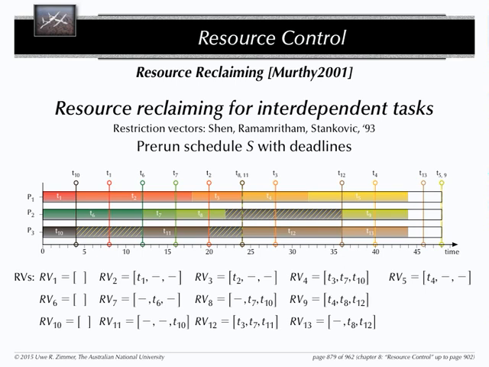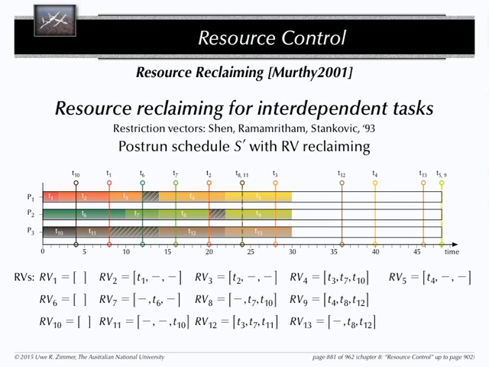These 3 rows here are actually the 3 CPU lines, if you look closely. And there are only a few more constraints which are coming in from the rest of it. The rest is transitive, and I don't have to care about the rest of the dependencies. So, what does that do? This is the post-run schedule. And if I now allow for resource reclaiming based on the restriction vector, that's a lot denser than what we have achieved so far.